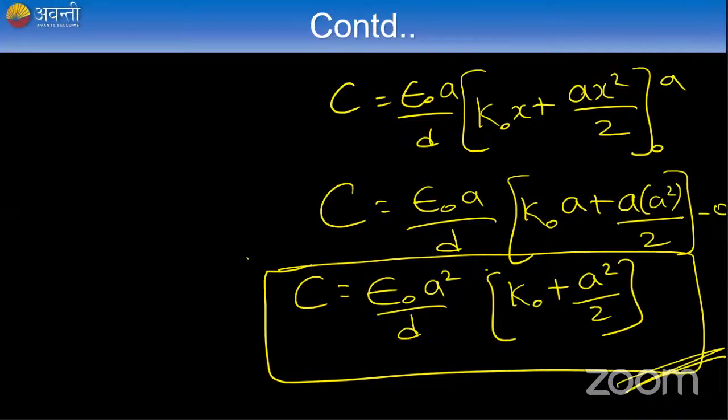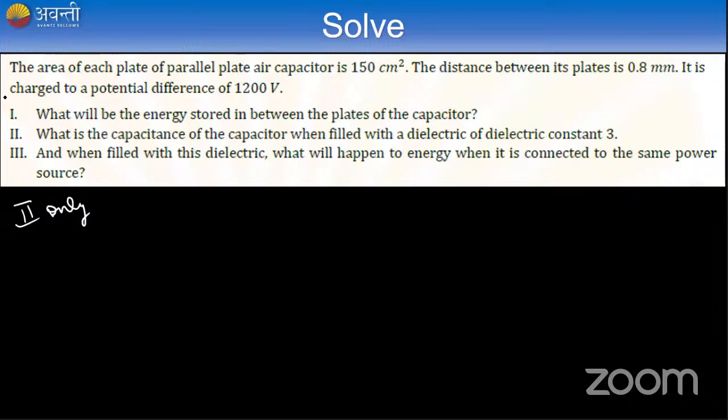Yes, cool. So next question goes like this. Please try to solve this question, guys. The area of each plate of a parallel plate capacitor is 150 centimeter square. The distance between the plates is 0.8 mm. It is charged to a potential difference of 1200 volts. What is given? So in first case, given is,